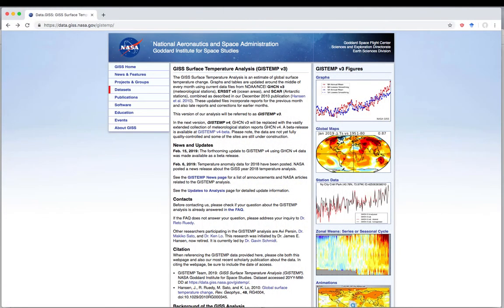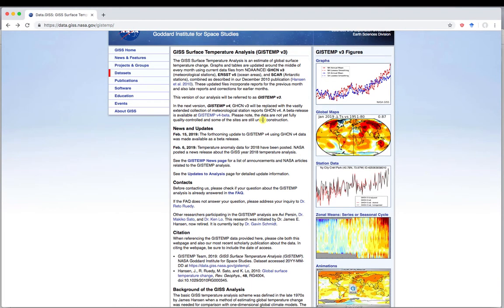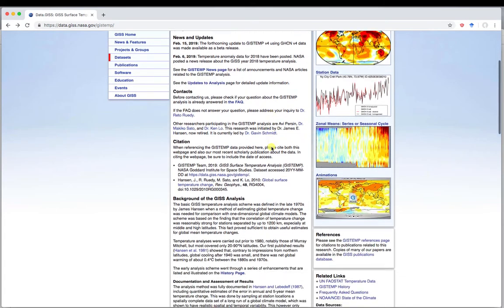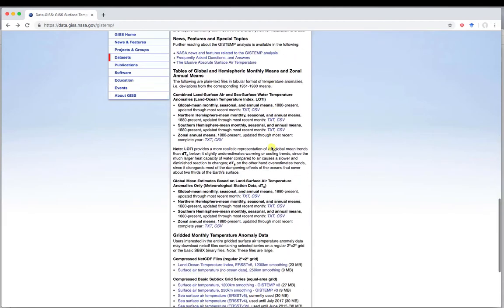Today we're going to do a short exercise on getting the NASA Goddard Institute for Space Studies, or GISS, G-I-S-S, their surface temperature analysis into RStudio. This is the data that you often see on global warming plots, temperature plots through time. And there's a variety of ways to get this. There's many plots that they have up here, but we're going to go ahead and come down and look at